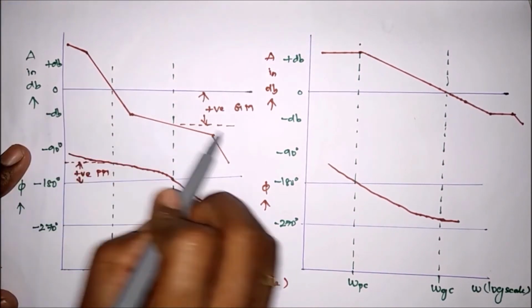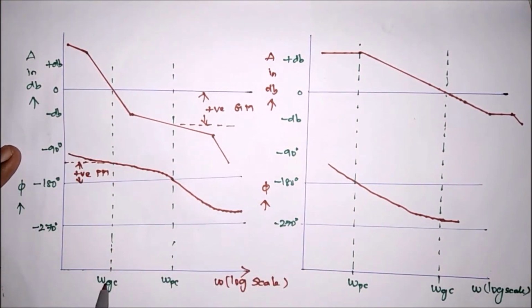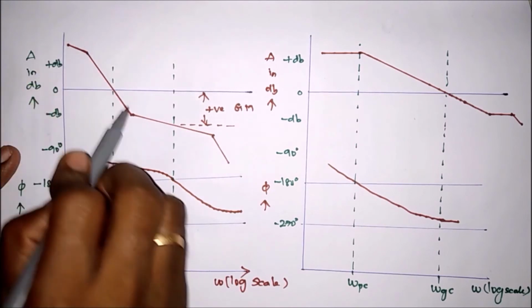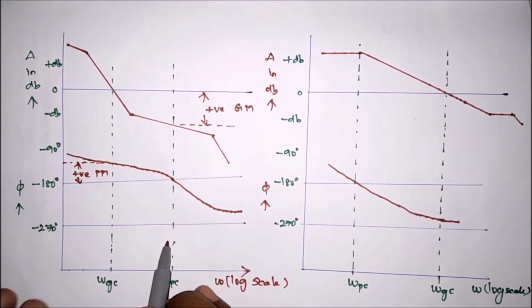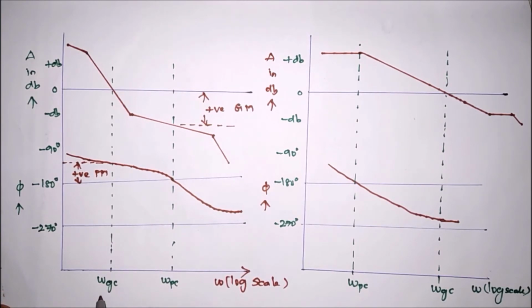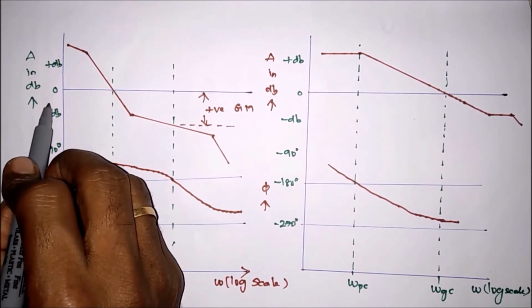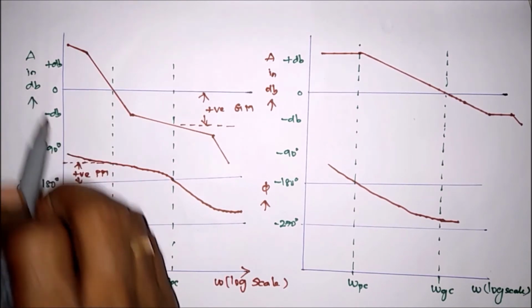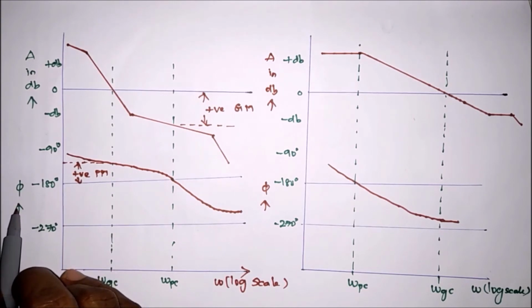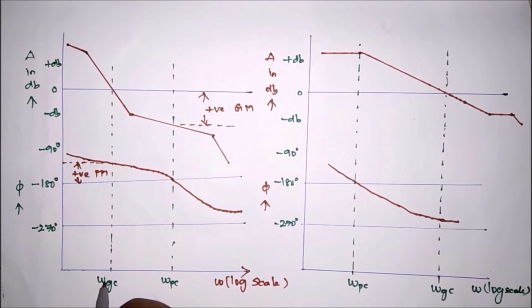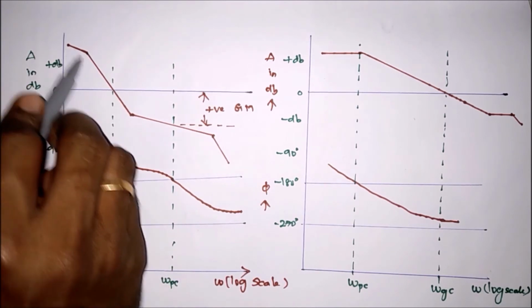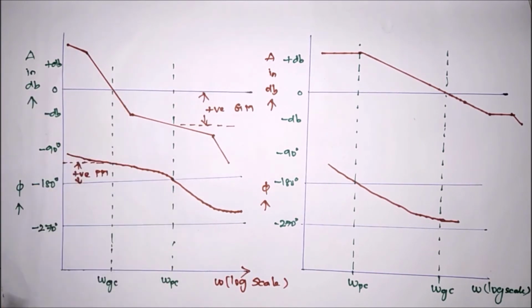So this is the magnitude plot for various values of omega. We can draw the magnitude plot and also the phase plot on the same semi-log graph. So now what do we have to do? On the x-axis we take frequency in log scale. On the y-axis we have to use two scales. One is in decibel for magnitude, and another scale is for angle to draw the phase plot. For various values of omega, we can draw the phase plot and magnitude plot.